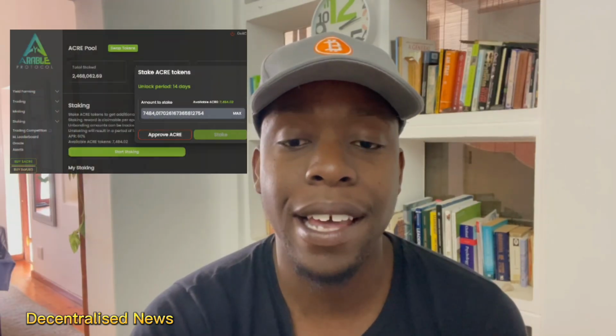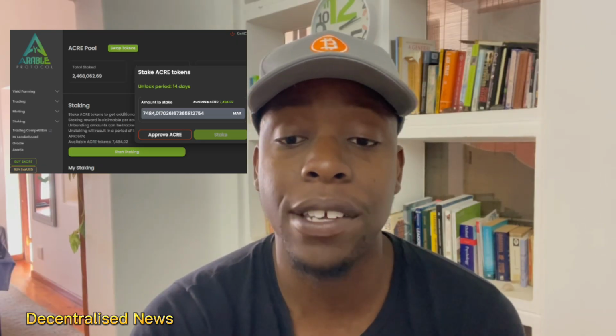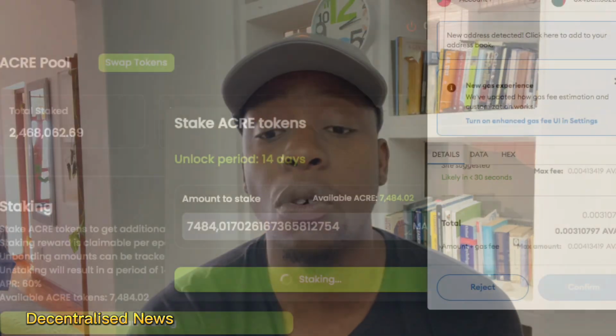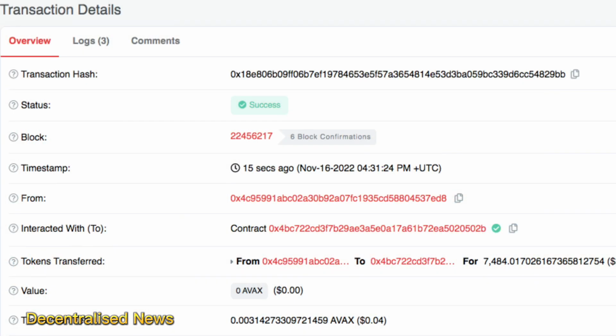So I just decided to stake the test token that I bought. And I did that, and then obviously you have to give the smart contract permission to access the ACRE tokens in your wallet as well. And there's a very minimal fee charged for doing this as well. So once your permissions are granted, you can then proceed to pay the gas fee and effectively just stake your token. Once your transaction is approved, you can also verify it on the block explorer, like I showed you earlier. And you can also see how much you staked by just going to the actual dashboard.